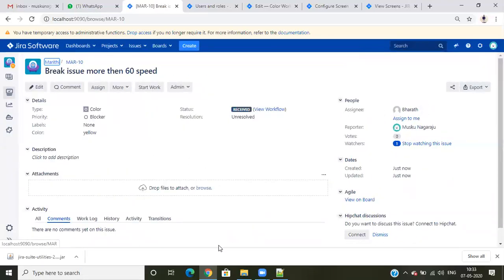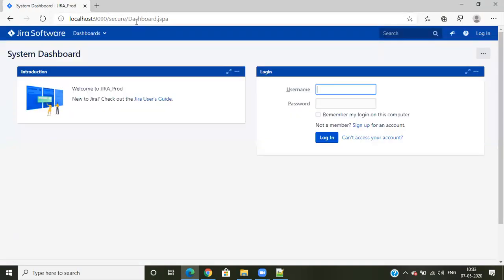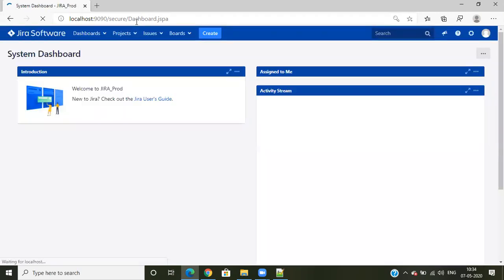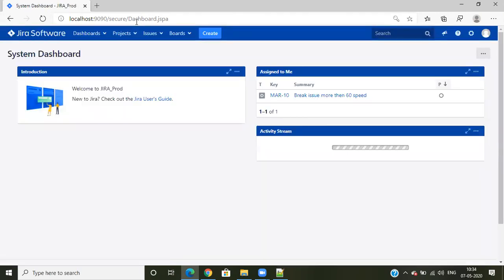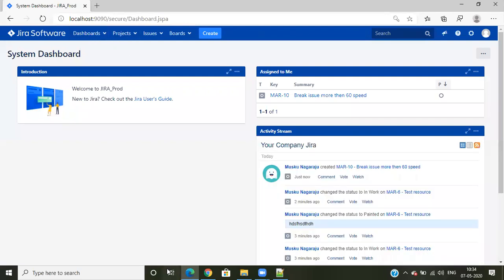I'll open Bharat's environment, so we'll play with two users together. If you see here, the ticket is assigned to him. If you click on it,